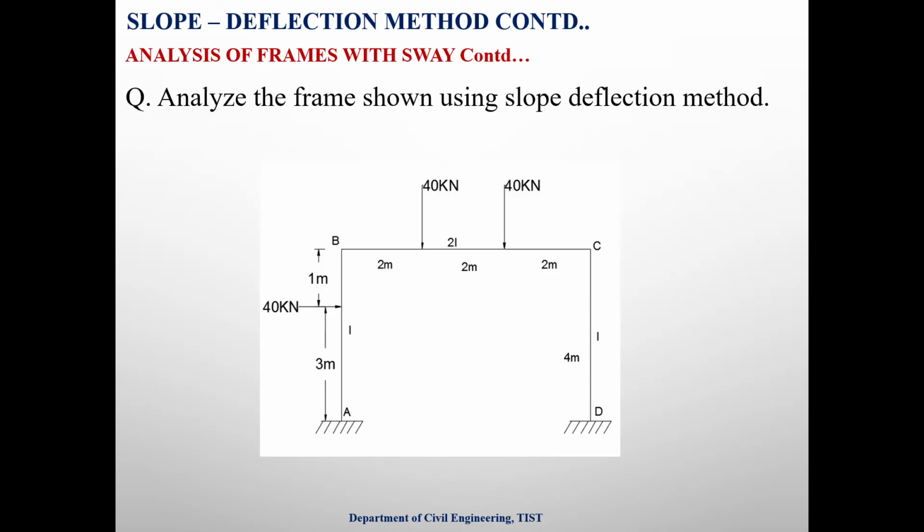Then we can move on to the problem. Analyze the frame shown in this figure by using the slope deflection equation. Here also the column is subjected to the point load as in the example. So we can use HA plus HD plus P is equal to 0 as the shear equation. Otherwise, we have to formulate the shear equations by considering the free body diagram of columns.